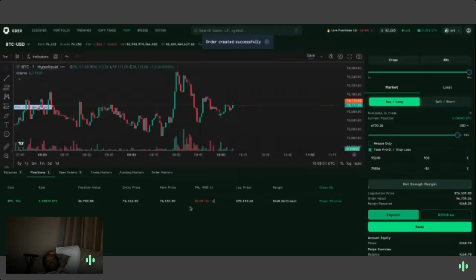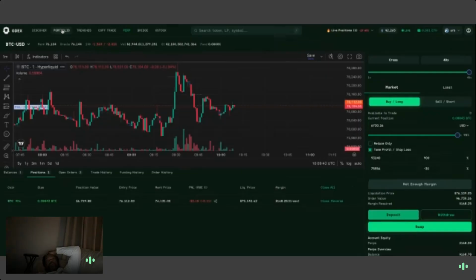Now we've got the entry in. You see that there's 168 margin. Because I did a 40x, the position value is 67.30. So I'm gonna let that run. I'm gonna do another session. But on this wallet here,